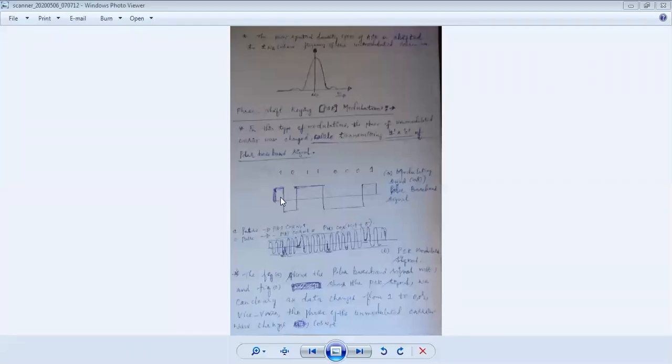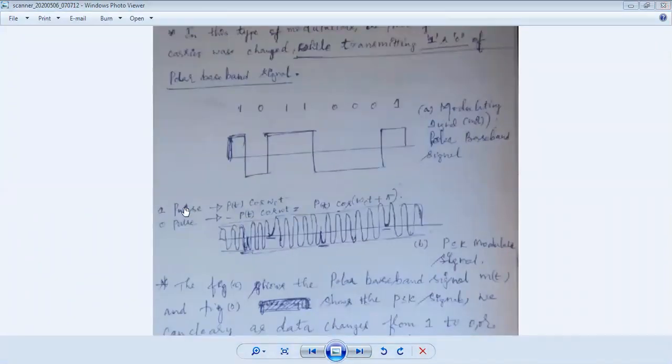And similarly, where there is a 0, p of t will be multiplied by minus cos omega ct. Look back here, the 0 pulses: minus p of t cos omega ct. So where there is a 1, let us say this is the signal, this is a carrier wave, the pulses of the carrier wave look like this, with the frequency of the pulses in the 1 part.